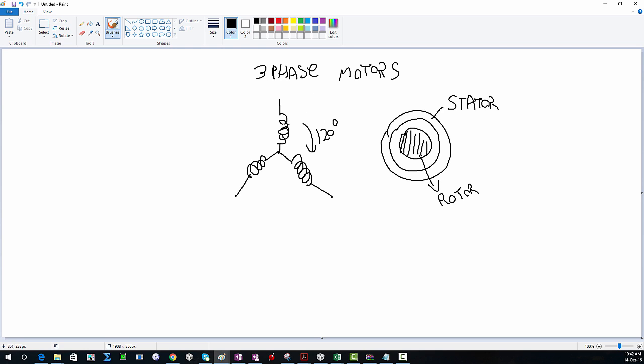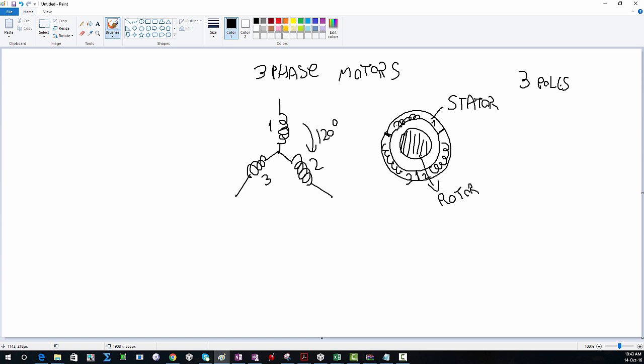So if we have arranged it like this, let's call it coil number 1 and 2 and 3. So inside the stator we will have exactly the coils that are divided by 120 degrees. So we will have here coil number 1, and here we will have coil number 2, and here we will have coil number 3. This is only if we are talking about something that is called three poles,